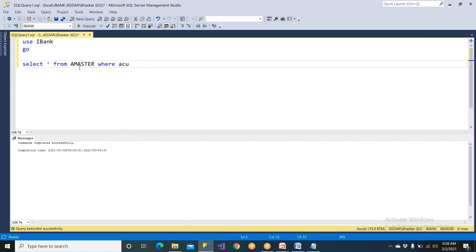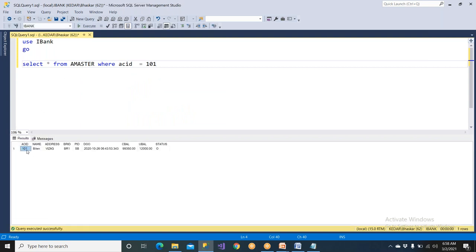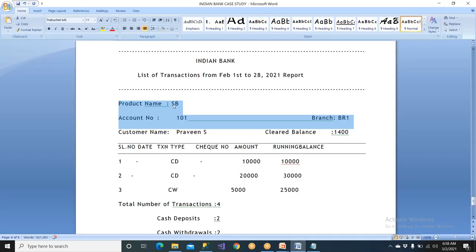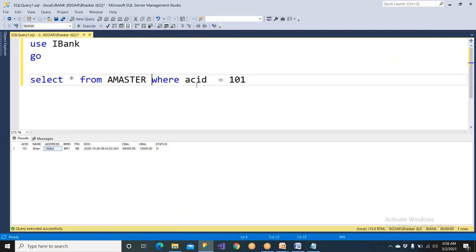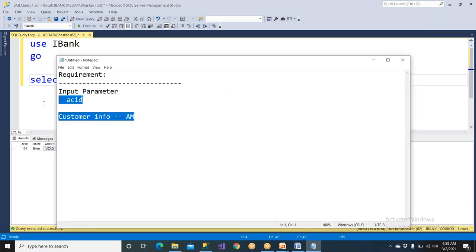Where account ID is equivalent to say 101, you will be able to get some data. So this is the data they're printing. Clear? So customer ID, customer name, and so on. What is the balance that they have? So this is the data, nothing else. Clear? So this information, plus the next requirement is customer information, which is one more thing we